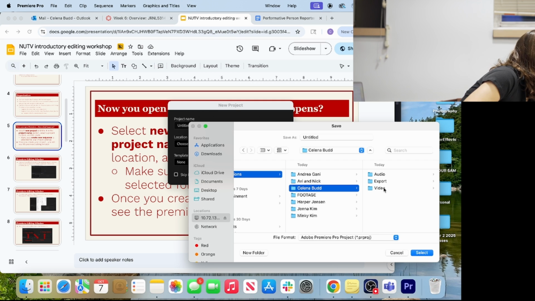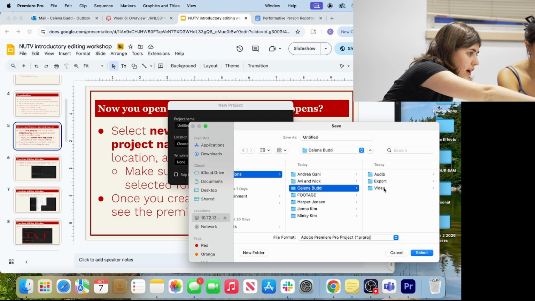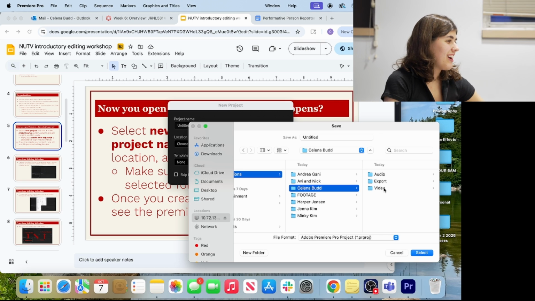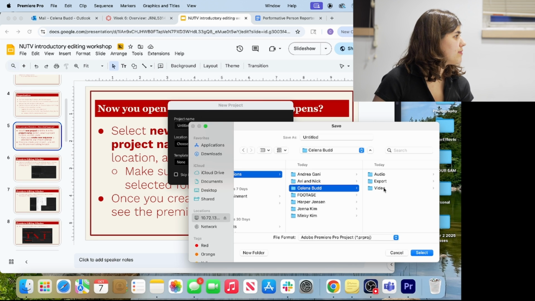Wait, where do I go after Snickerdoodle? Yeah, you go to Snickerdoodle and then Content, and then 2025, and then Fall, then Operations, and then find your name. Perfect. I know navigating the server a little bit in the beginning can be somewhat difficult, but